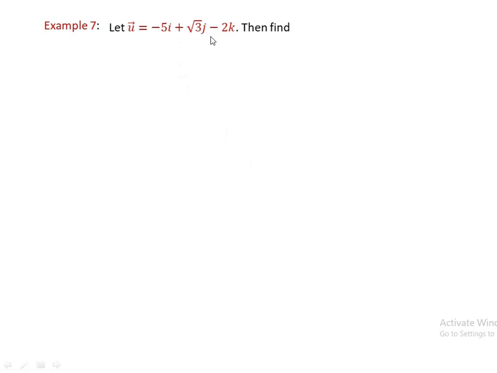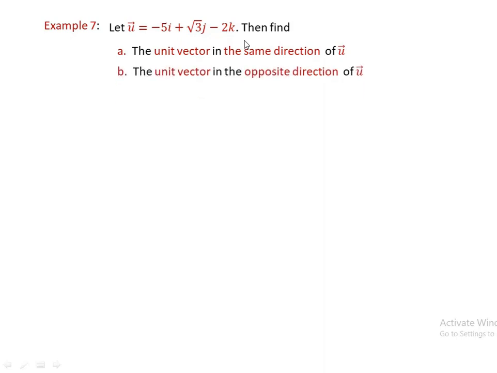Example 7: let the vector u be given as minus 5i plus square root of 3j minus 2k. Then find (a) the unit vector in the same direction as vector u, and (b) the unit vector in the opposite direction of u. Now using the definition of a unit vector in the same direction of vector u, which is vector u over norm of u,